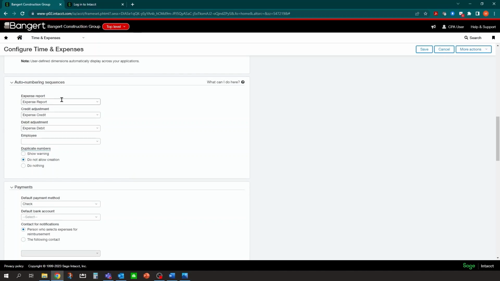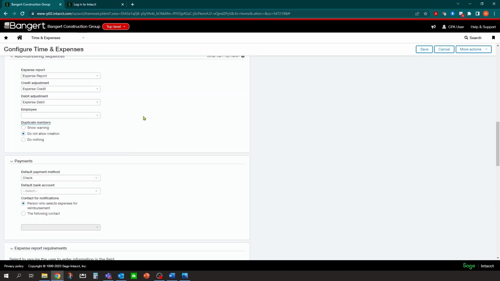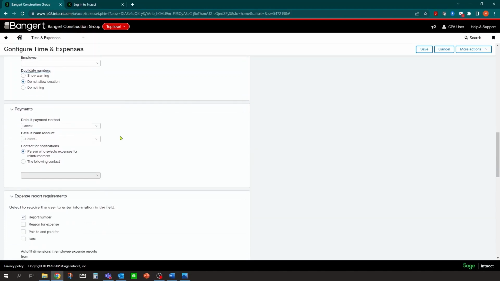As far as it goes, you can have your own number structures. So when the employees turn in expense reports, you can number them consecutively. You can have it set up so that it obviously does not allow duplicate numbers. And what is your default payment method? Depending on the company, you may reimburse the employees via a physical check or an ACH direct deposit. This is where you can default that and default what bank account it's going to come out of. But you could also decide that at the employee level as well. So you could have one employee that's going to receive a direct deposit and one employee that's going to get a physical check. That's up to your company to determine what rules you want to apply there.